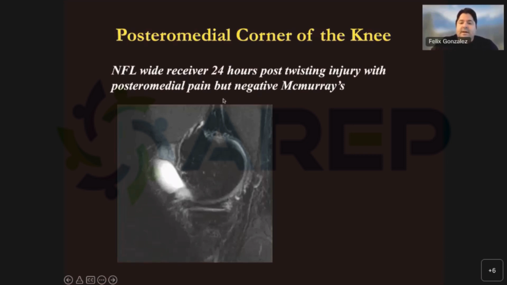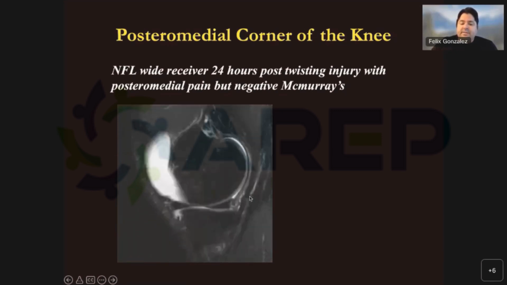So this is an MRI of an NFL football player here in the United States, a wide receiver, 24 hours after experiencing a twisting injury with posterior medial pain, but a negative McMurray's test, right? So clinically, he had no medial meniscal injury, but he was quite tender posterior medially. So what do we see here? We see basically a meniscal capsular injury, longitudinal vertical tear at the posterior horn of the medial meniscus, and we're just going